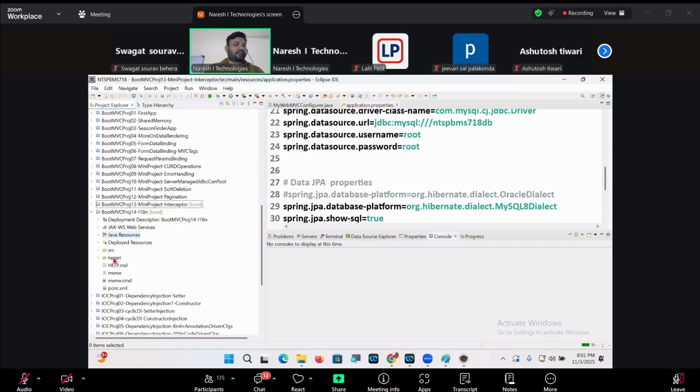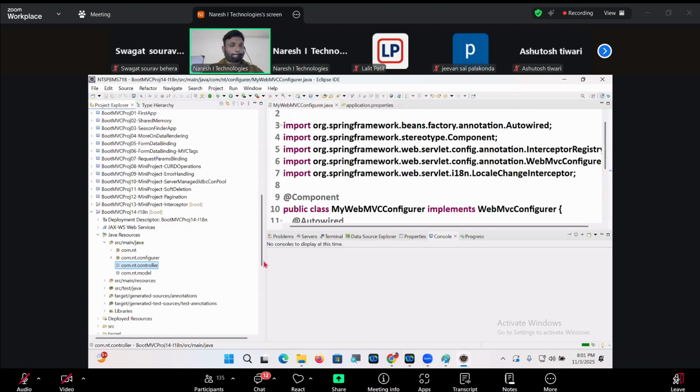Configurer, com.nt.controller, com.nt.model, application.properties.